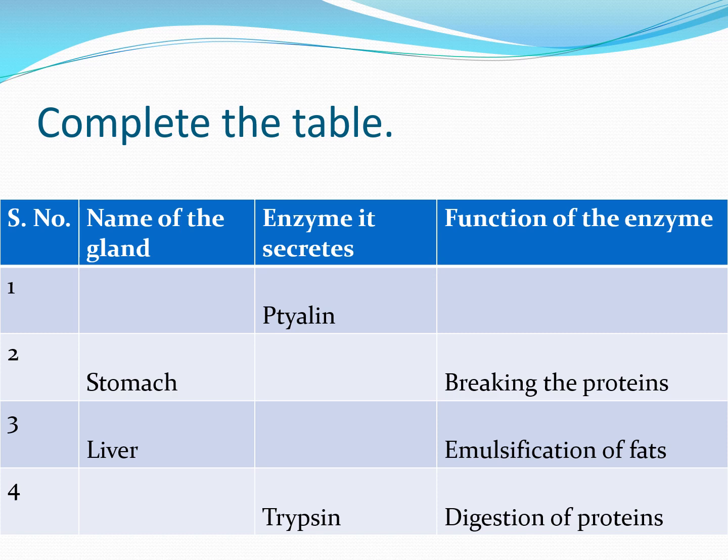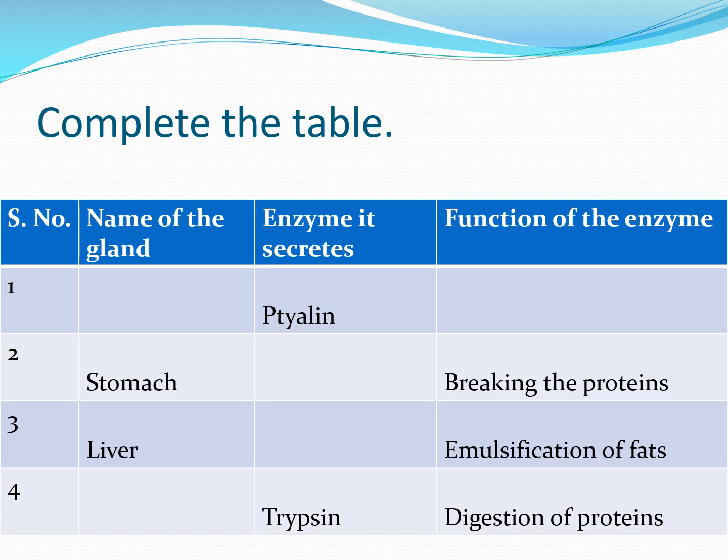Next, second is stomach. Stomach is not a gland, but stomach possesses gastric glands. Gastric glands produce gastric juice. Gastric juice includes HCl, pepsinogen and prorenin. Under function, we have one entry, that is breaking the proteins. On proteins, pepsin is working. So the enzyme it secretes is pepsin. The function is breaking the proteins, that is proteins are converted to proteoses and peptones.